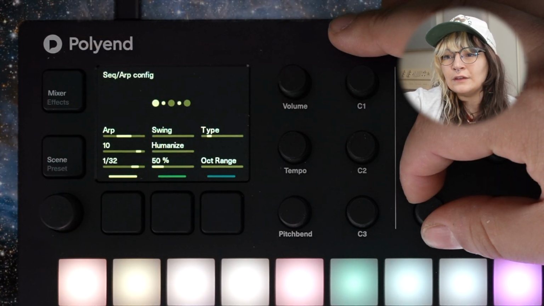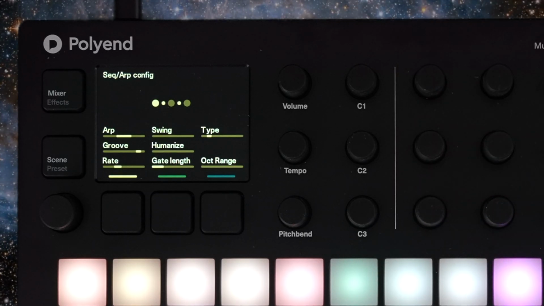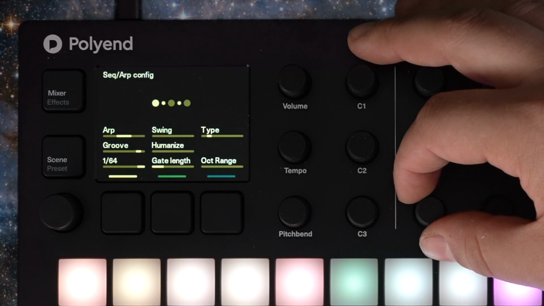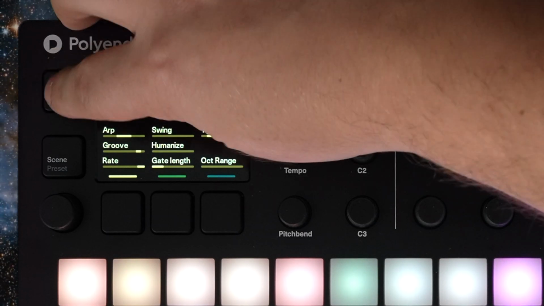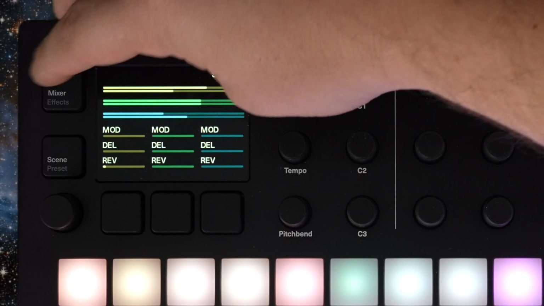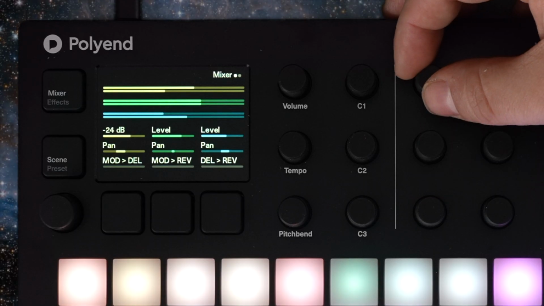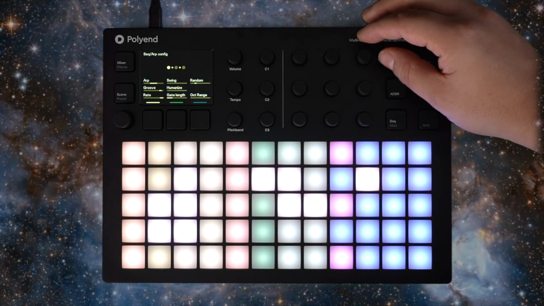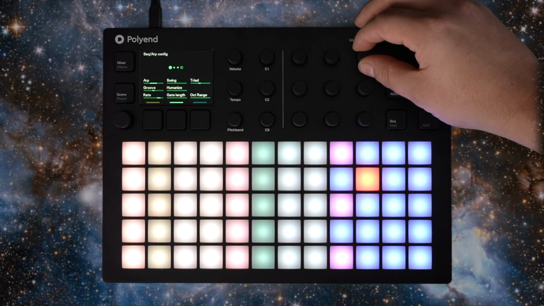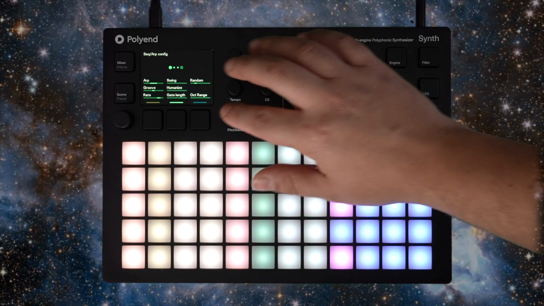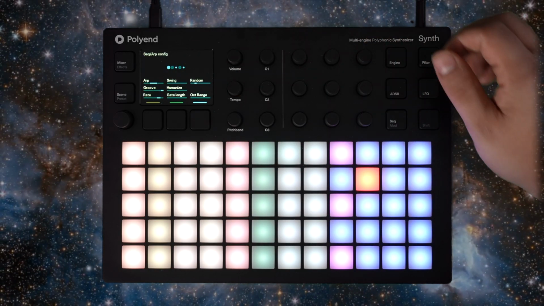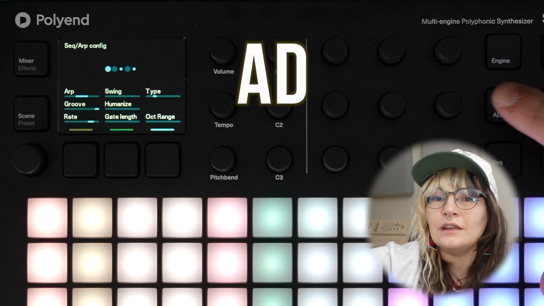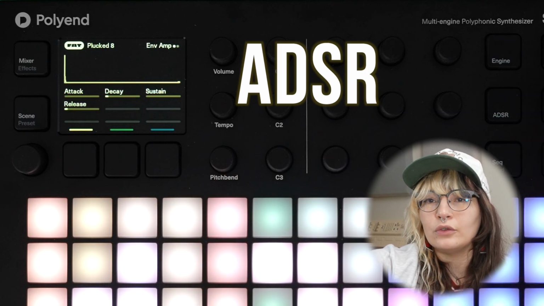You can also change each synth to be a different subdivision of the tempo. And you can add effects like reverb, delay, and modulation to each synth. You can also adjust the attack, the decay, the sustain, and the release for each synth, also known as ADSR